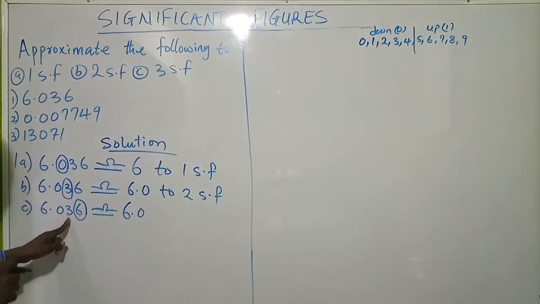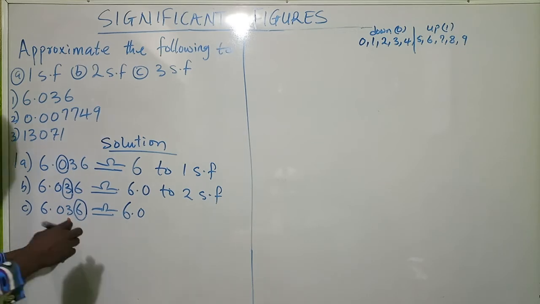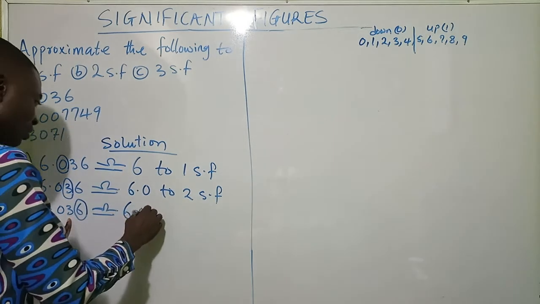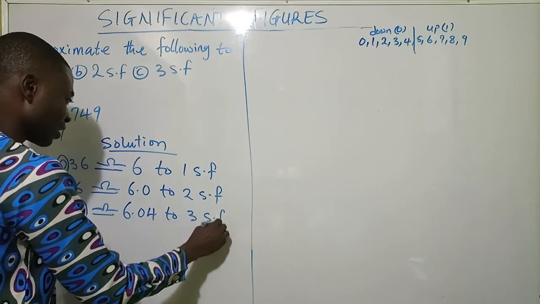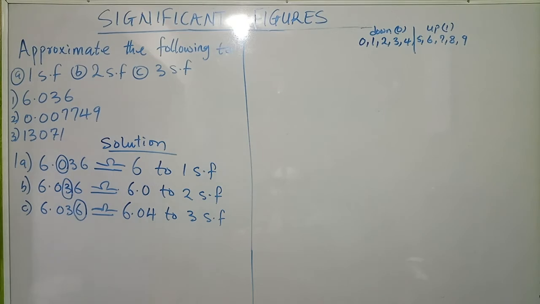That means we're going to add 1 to what? To 3. So that means 1 plus 3 is what? Is 4. So this is our answer to 3 significant figures. That is it. Not difficult at all. Very, very simple. Now let's take the next one now. Number 2 now. Let's say 2a now is